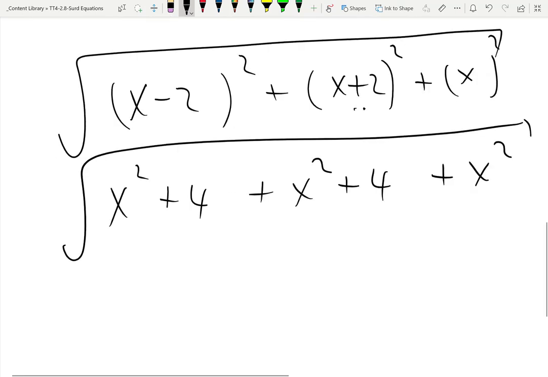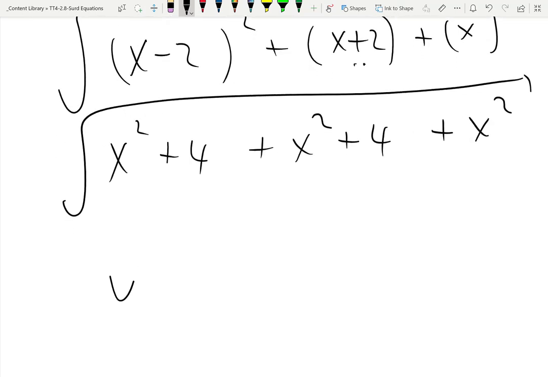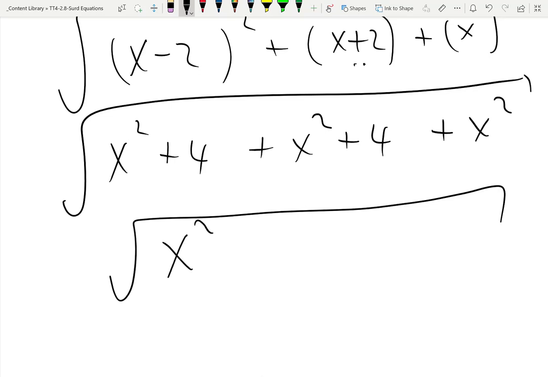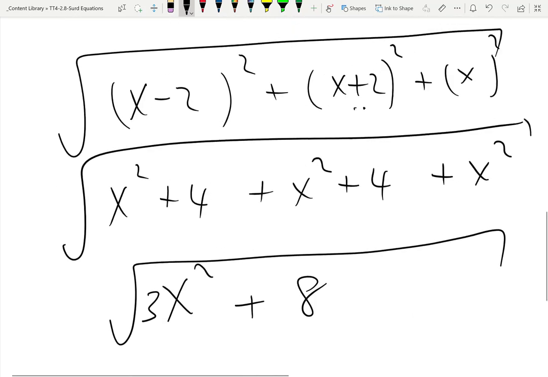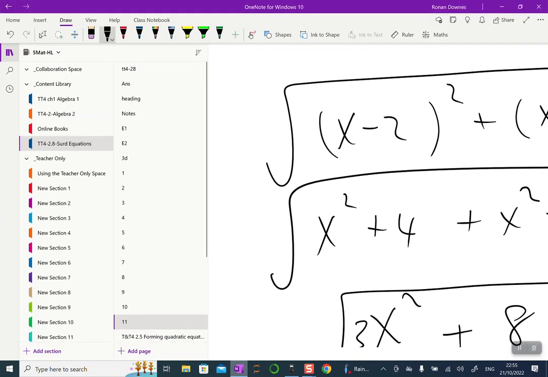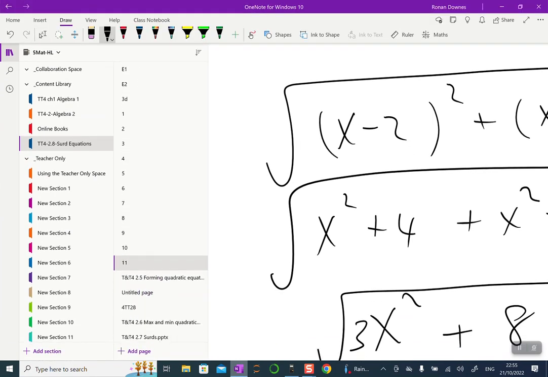So this is all I would do if they didn't take me on a silly merry-go-round or they're trying to teach us the maths that we already know because we've been studying for Leaving Cert. So you get 3x squared plus 8. This is part of the problem with project maths. You kind of have to